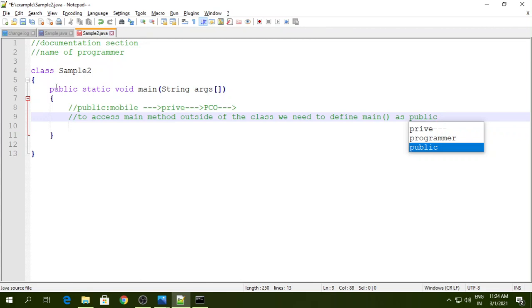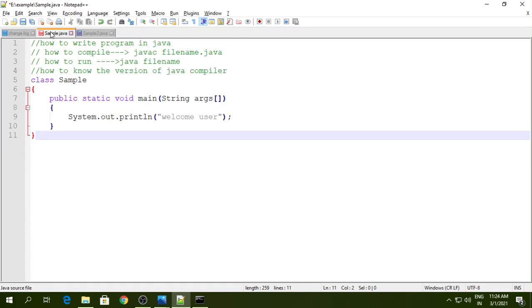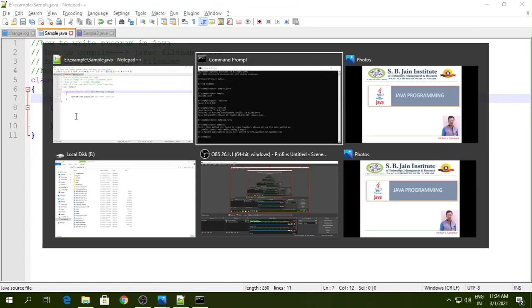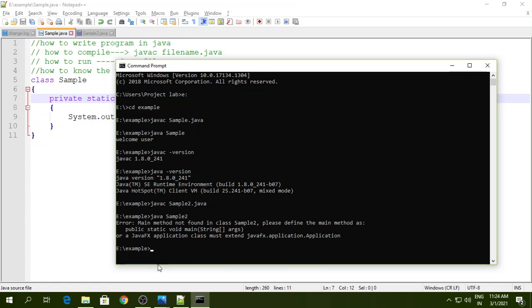If we make it private, suppose someone makes this method a private method, so what happens? Suppose I have this code, and in this main method I will make the main method private. Private, Control S. Let me run this code.